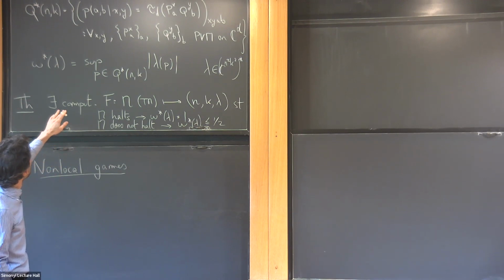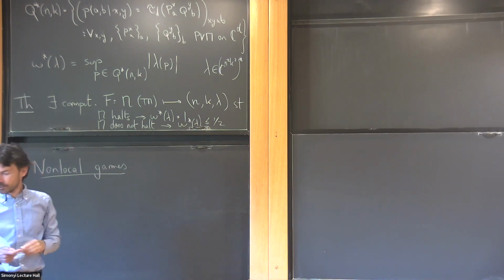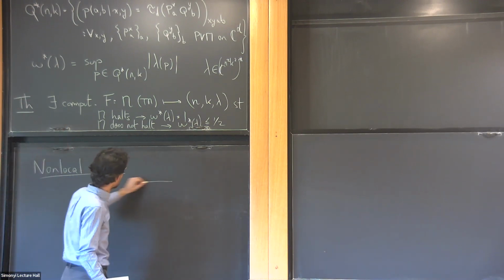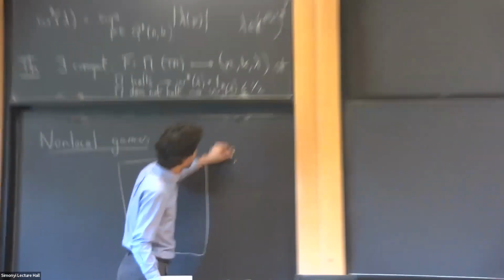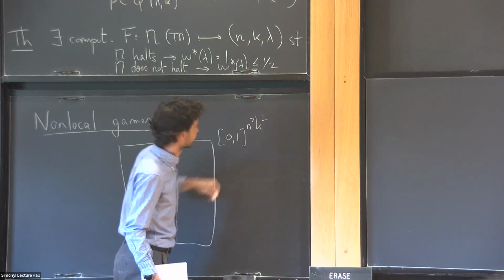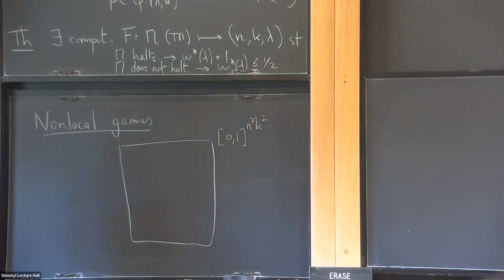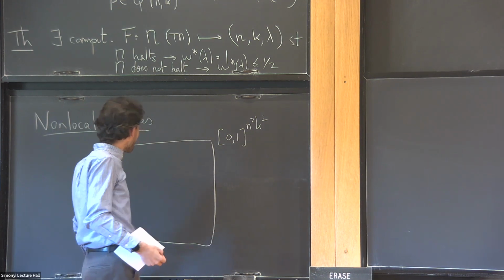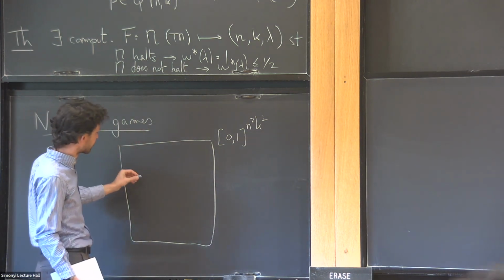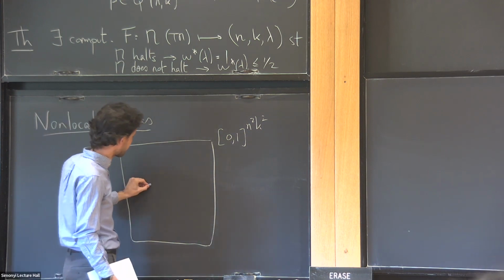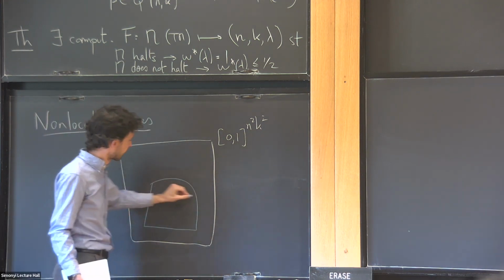So this is one of the sets out there, Q star of N K. Maybe I'll draw it again. These sets were subsets of {0,1} to the n squared k squared. So for every n and k, we have such a set. I think the Q star one was the relatively simpler one. It's the one that I had drawn in blue last time. So it looks like this.